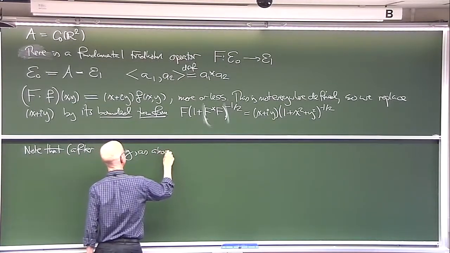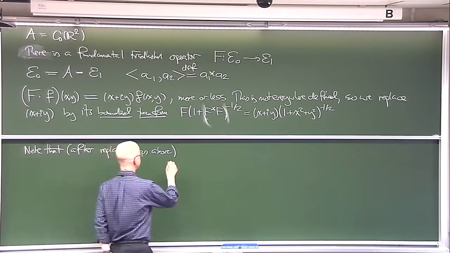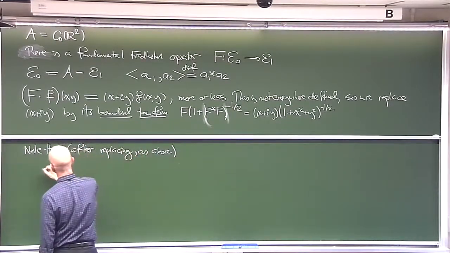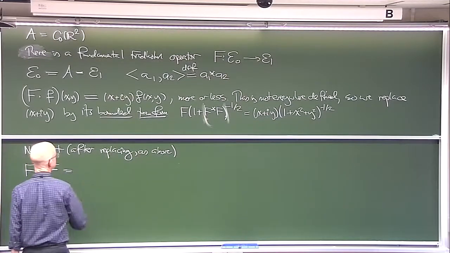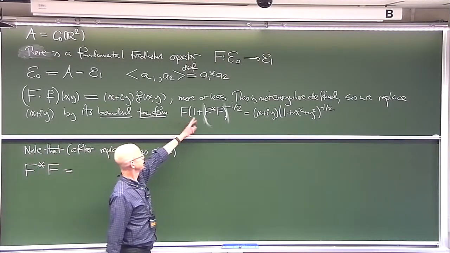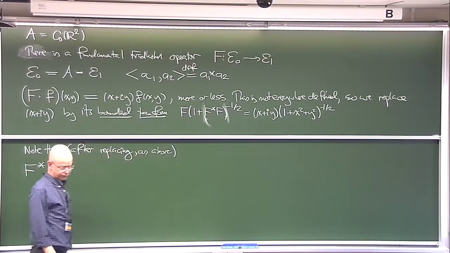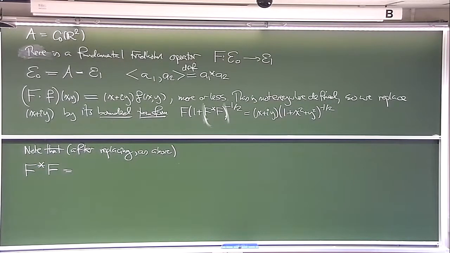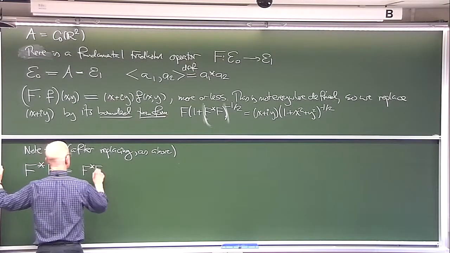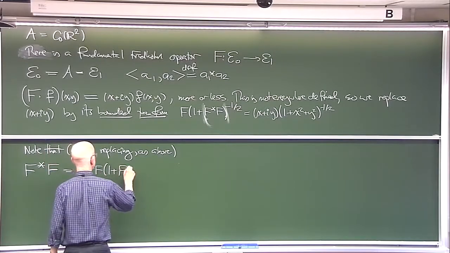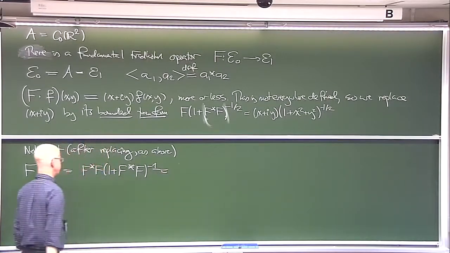After you've made this modification, if you take f and you multiply it by its adjoint, what you get, so I'm taking this function and I'm multiplying by its adjoint, so there's going to be this quantity squared after I've multiplied by the adjoint, and then what am I going to get? F times f star. Well, I'm going to get f star f, 1 plus f star f inverse, like that,